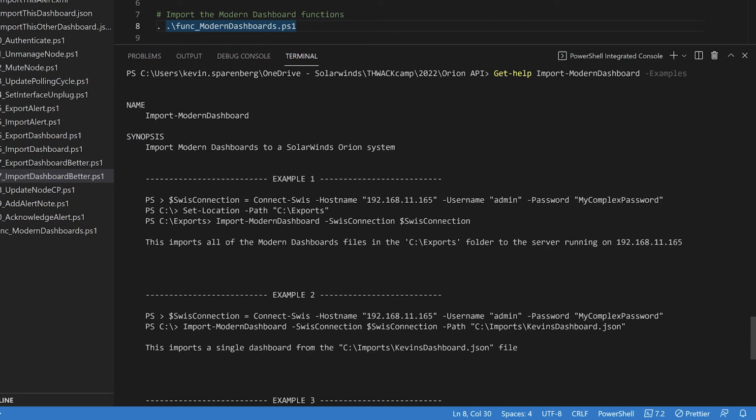So in this scenario, you can import a single one. You can import all of your dashboards. This is also assuming you've already taken these dashboards and put them somewhere else. But it just takes a JSON file. What it also does is it can take a folder. So if you dump all of these to one folder, it'll go through and import all of the matching JSONs in as modern dashboards. It will error out if it's a bad format, but that's to be expected.